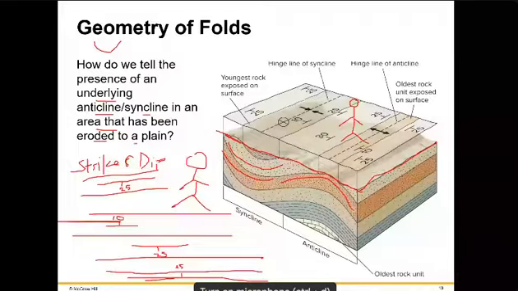The question again: how do we tell the presence of an underlying anticline or syncline in an area that has been eroded to a plane? You have no access to the subsurface. All you have access to is your compass clinometer, which you use to take measurements in the field: strike